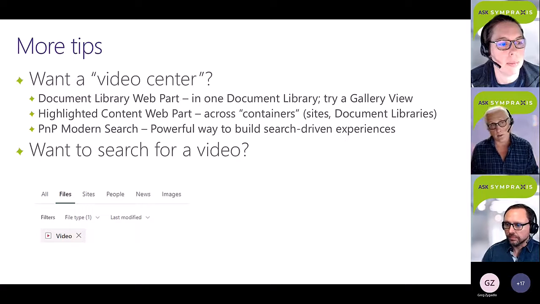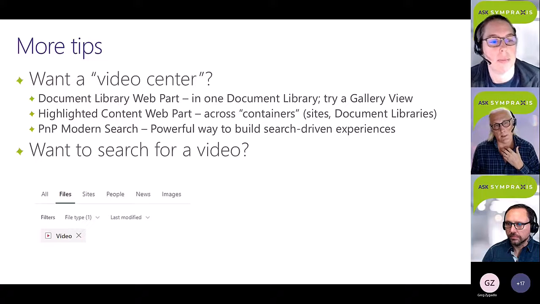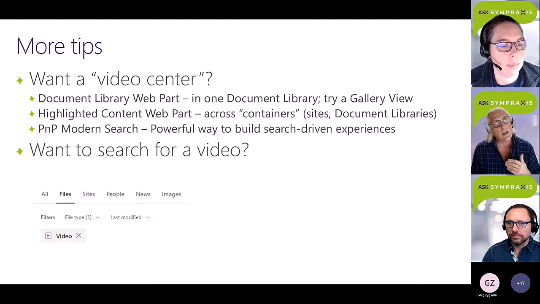You could use PNP Modern Search to pull videos from across the entire tenant. In fact, you could use the highlighted content web part, where you could set your scope across the whole tenant as well. I would say, there was an interesting stat that Mark posted about